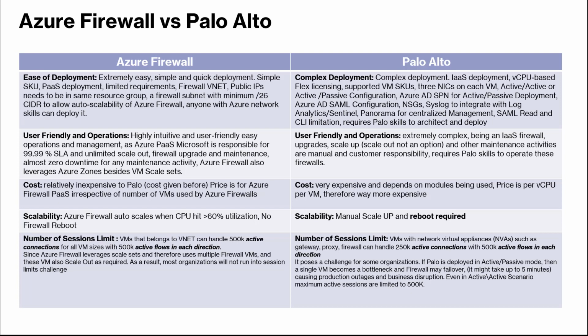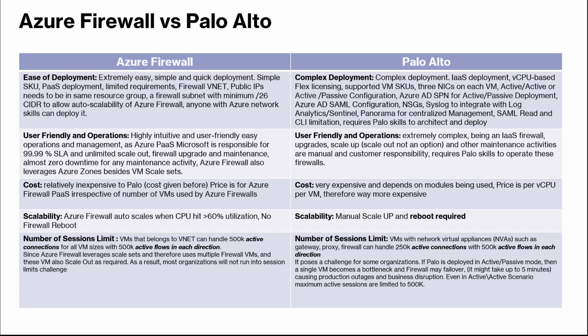there's no firewall reboot. On the other hand, when you go to the Palo Alto side, you can only scale up the SKUs, right? Generally in an active-passive configuration, and it will require a reboot. Now, another important point I want to touch on is the session limits, right? This is not a Palo limitation. This is a Microsoft Azure VM limitation. If you look at a normal VM, it can handle up to 500K active connections